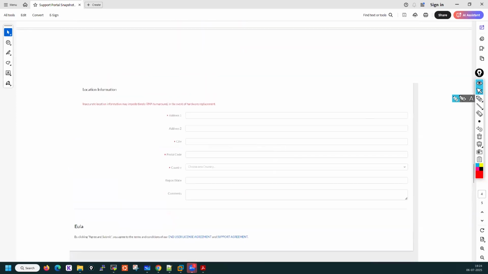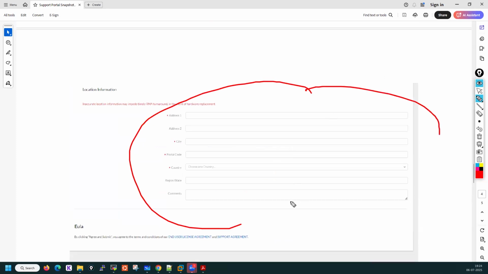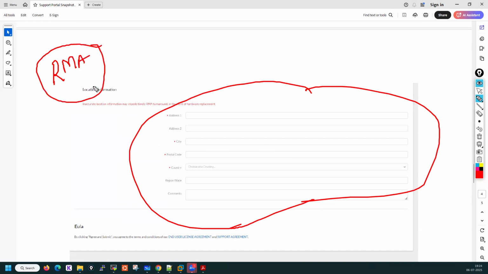Now guys, here always put the proper address. Now tell me why we have to put the proper address here. Let's suppose you did the RMA of your device. Now when Palo Alto delivers a new box, they will deliver it to this location. And if you have put the wrong address, then your device gets delivered to the wrong location. And what will happen? Let's suppose in Delhi, you have your data center in Nehru Place, one location, but your office somewhere in